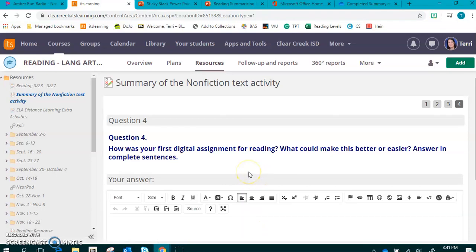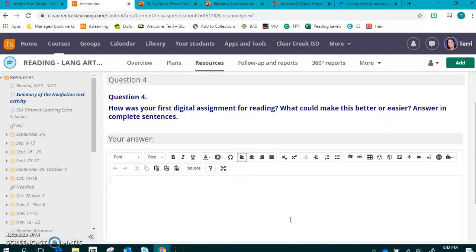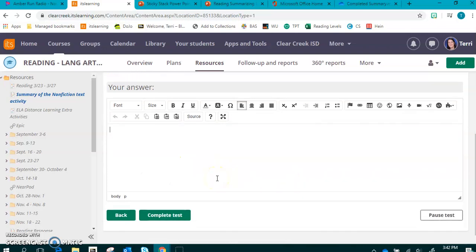This question asks, how was your first digital assignment for reading? What could make this better or easier? Answer in complete sentences. This is where I want to know a little bit of information about how you feel about completing this digital assignment, whether or not you liked it, and what are some ways we can make it easier for you. We just wanted to check in with you to see how you're feeling about this online learning. After you complete your sentences here in the box, you can click on Complete Test, and